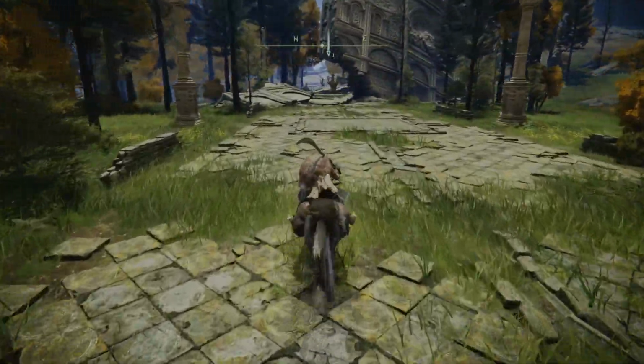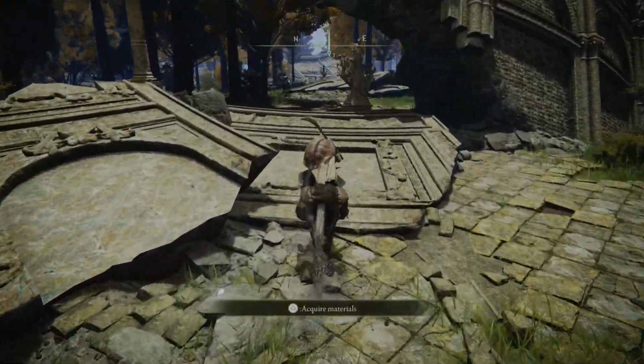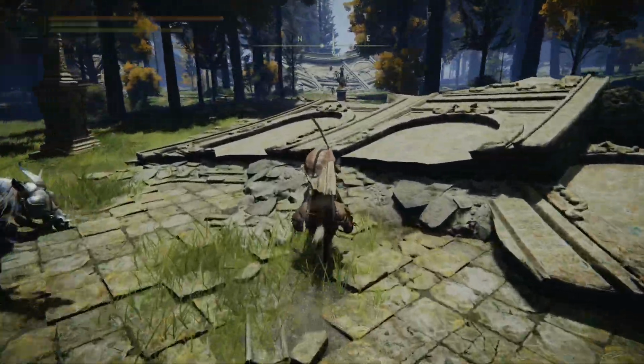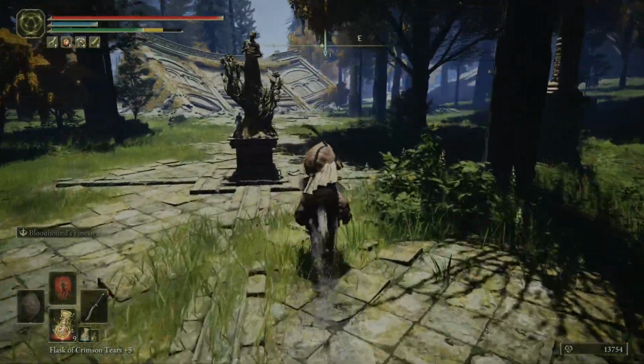There's going to be a spot a little bit further down this pathway where there's going to be some catapults that are going to shoot some giant boulders at you. You're going to have to just run past those on your horse. Don't stop for anything. Just keep going. Run past everything. We just got to get to that Grand Lift so we can use it to get up